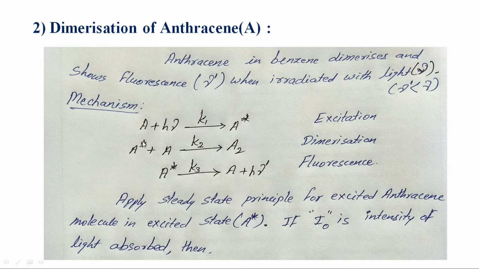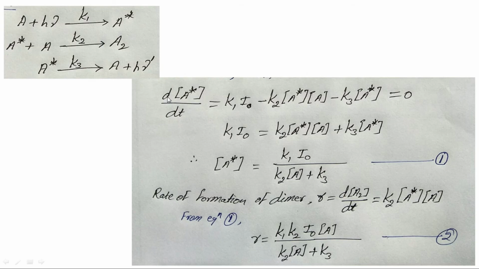Now in this case, A*, that is the activated anthracene molecule, is in an excited state. So here we are going to apply the steady state principle for the A* concentration, and let us consider I0 is the intensity of light absorbed. Then according to the steady state principle,